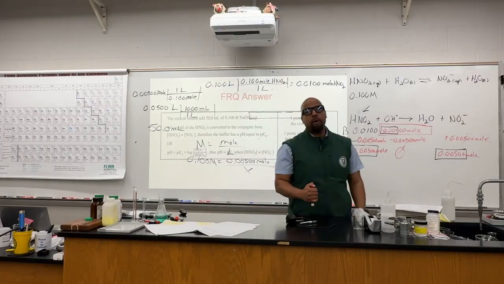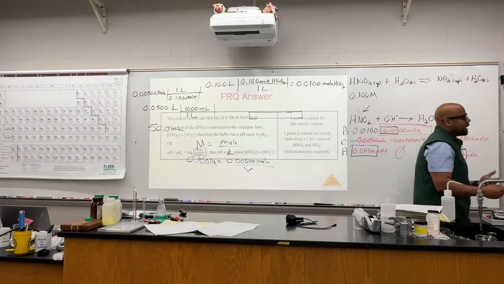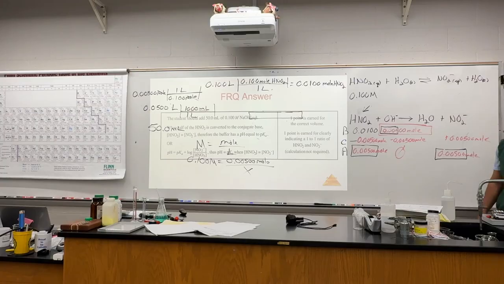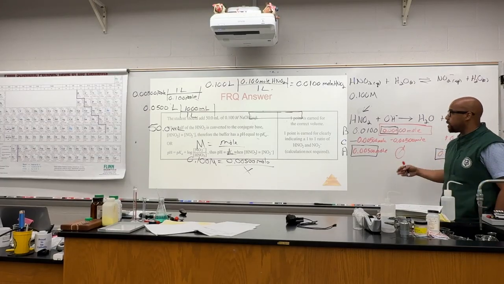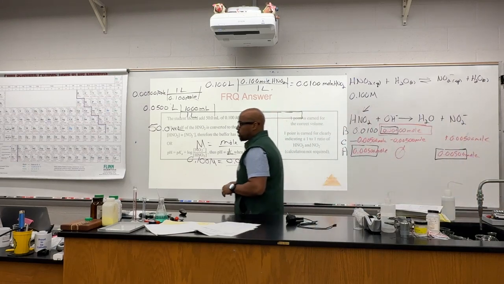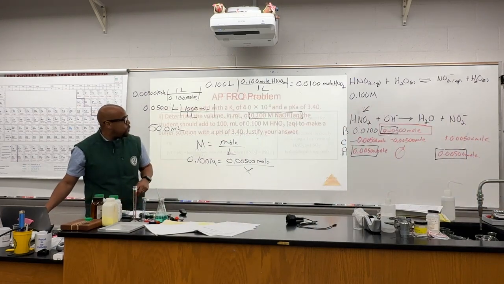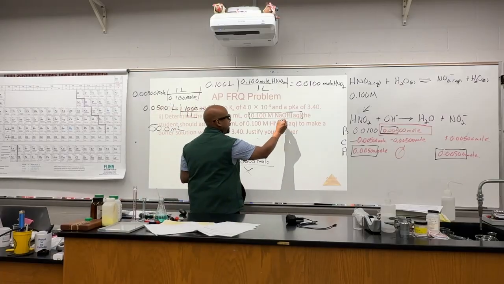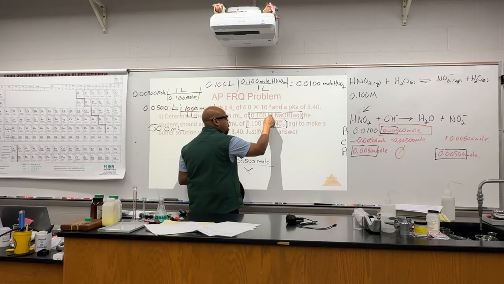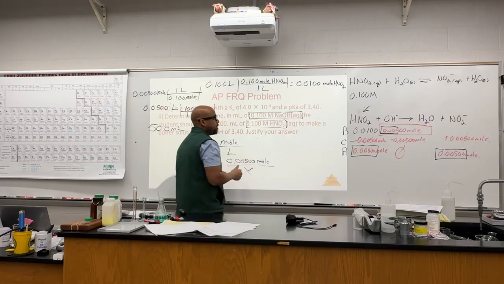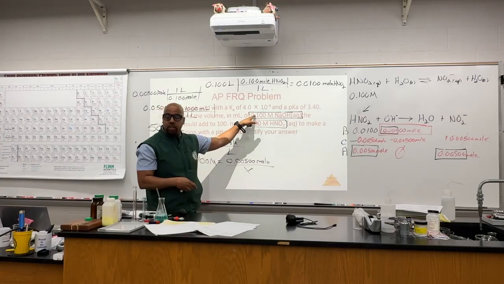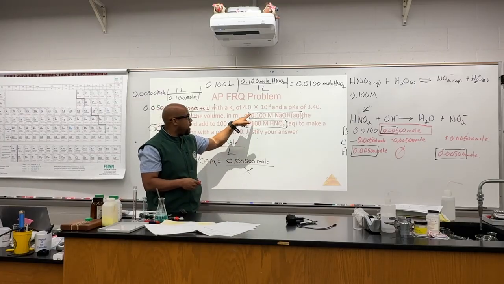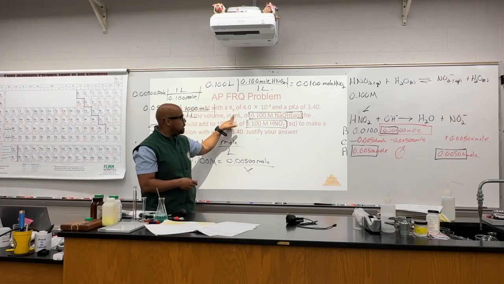And keep in mind, even for a problem like this, you didn't have to do all the work that I did here. I just wanted to kind of show you what we need to do. The reason why I technically did not have to do all of this work is because we're starting off with the exact same concentration of the strong base, or the hydroxide, as we have the weak acid. Because we have the exact same concentration, all I need is, once again, half the amount of this. Because now when I go with half the amount, which would be 50 mLs, it's going to cause this thing